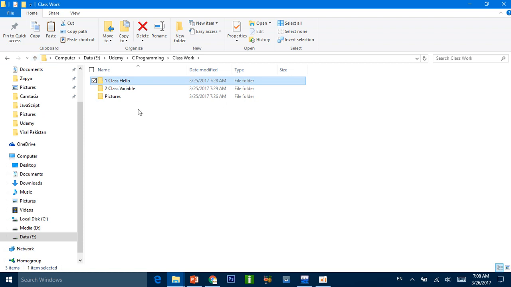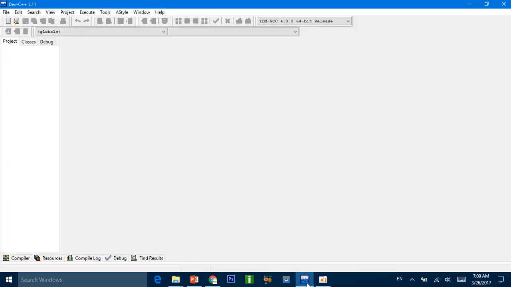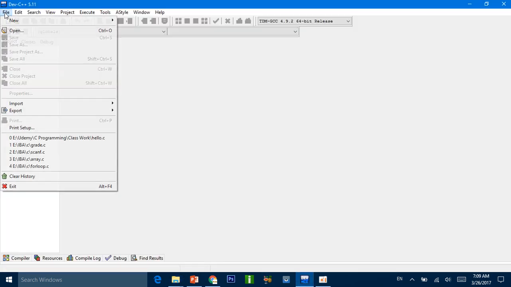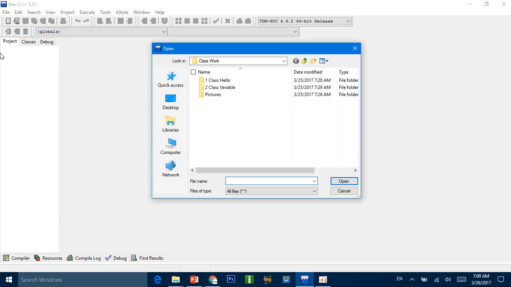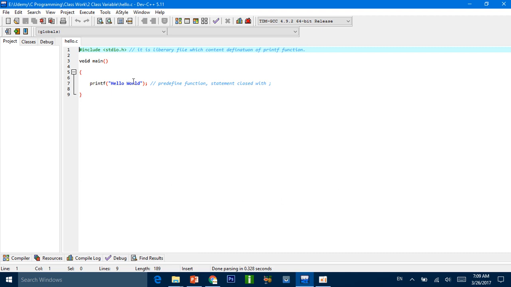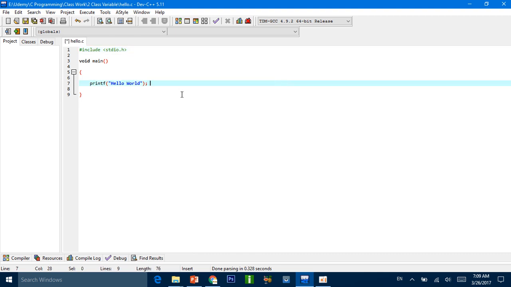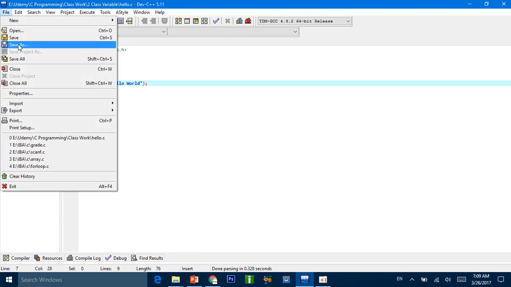So in this class I'm going to explain variables. That is why I have a source code file which I have copied from the first class. Here you can see I'm going to open it. I'm going to File, click on Open, click on the hello.c file. This is my file, and now I'm going to remove some things from here and save it with another name. So I'm coming here to Save As